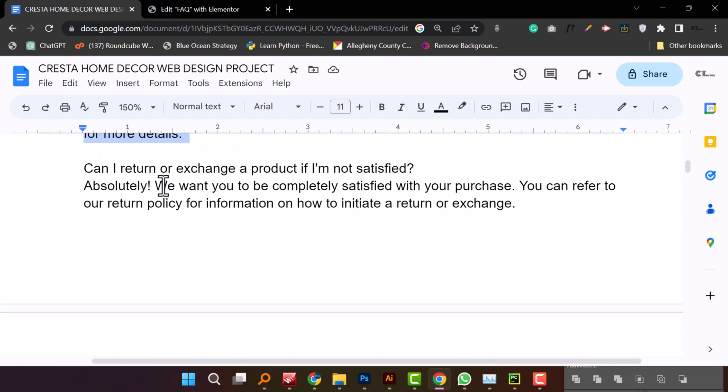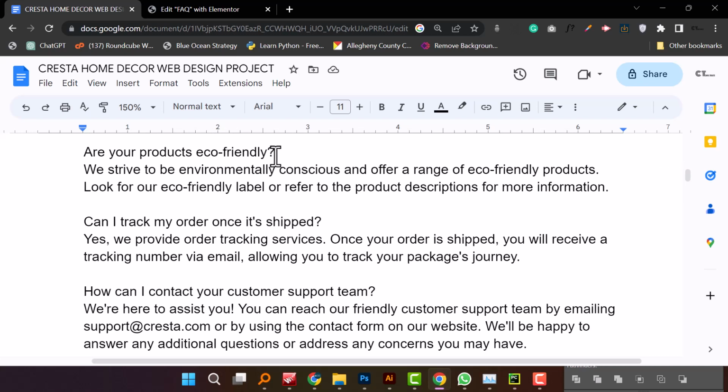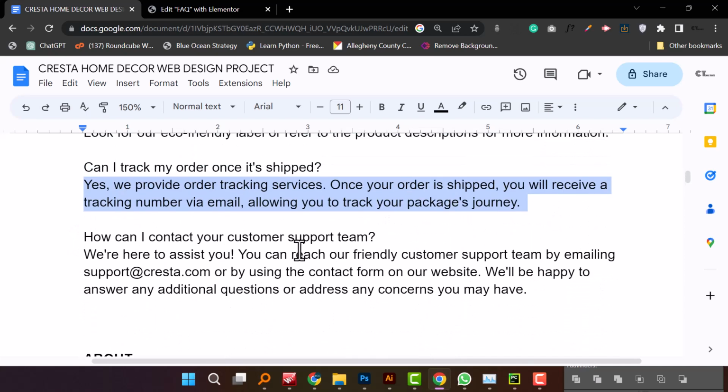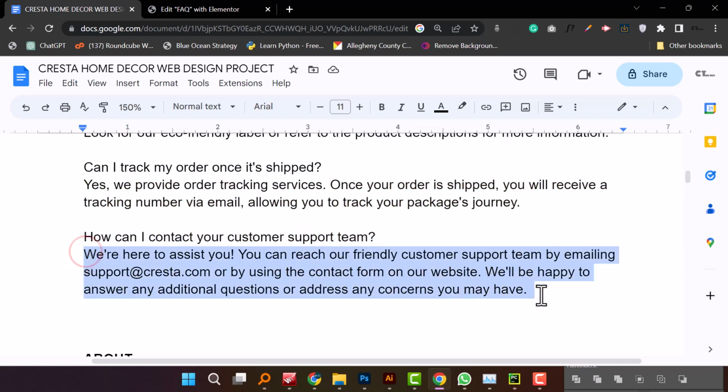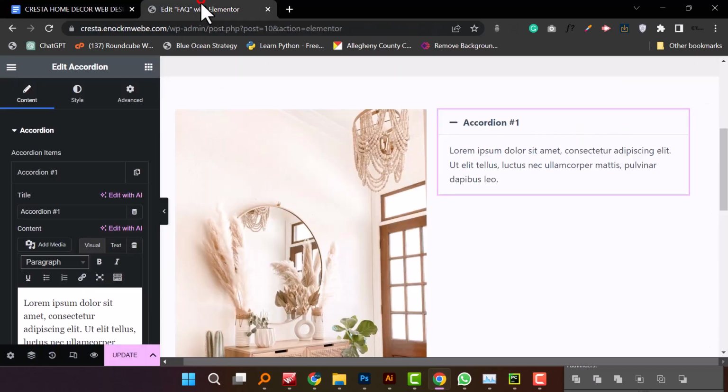So I'm gonna Control C this, and I will Control C this, then I will Control C this, I will Control C this, Control C this, Control C. So everything I'm selecting, I'm only copying. Okay, so I'm gonna Control C this, Control C that, then I'll also Control C that. All right. So the first accordion